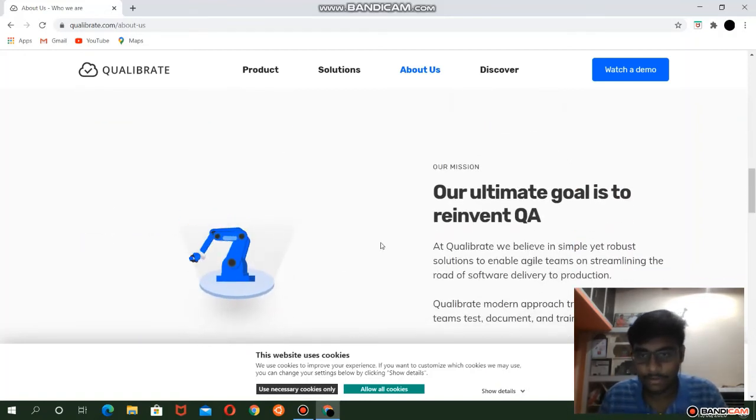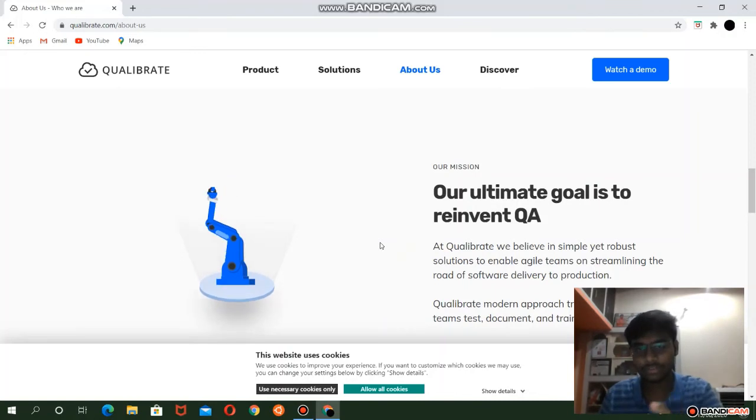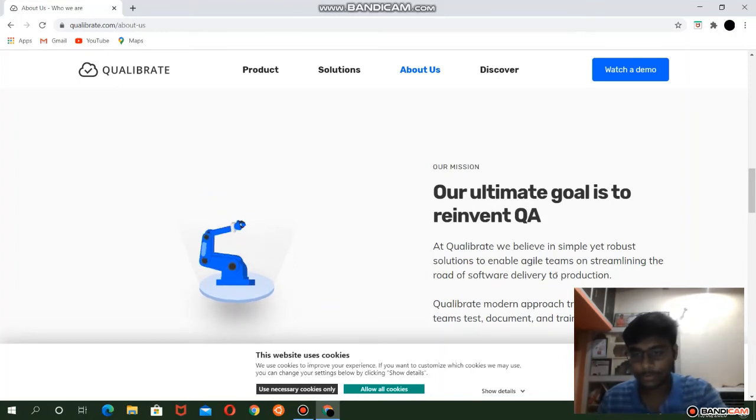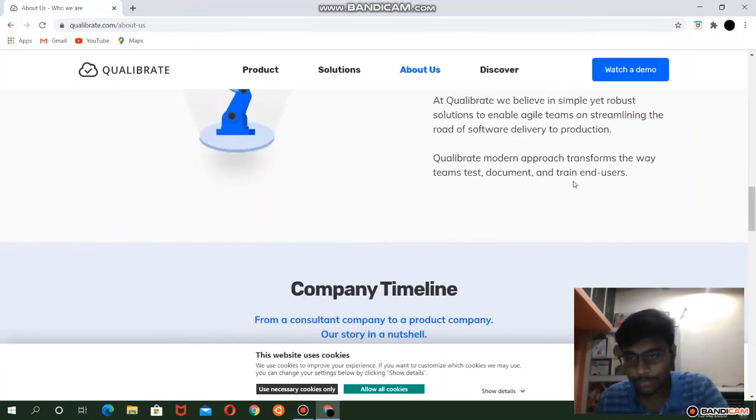Then our mission: at Collaborate we believe in simple yet robust solutions to enable agile teams on streamlining the road from software development to production. Collaborate's modern approach transforms the way teams test, document and train end users.